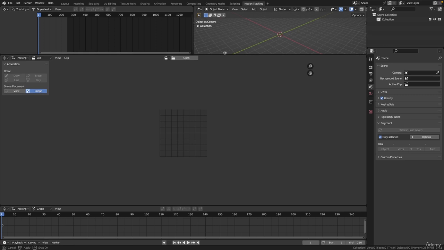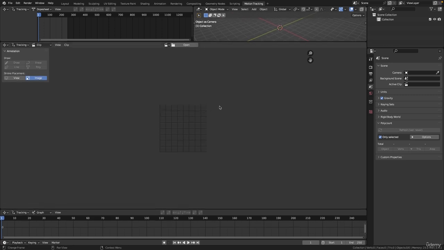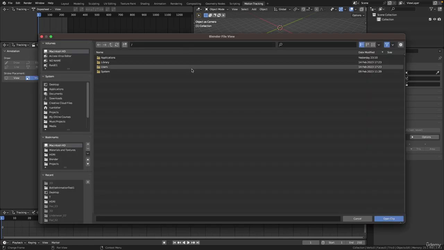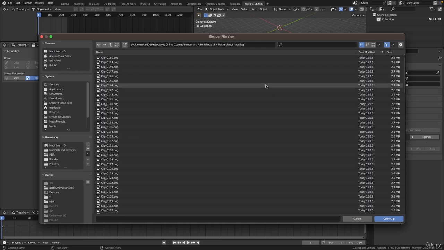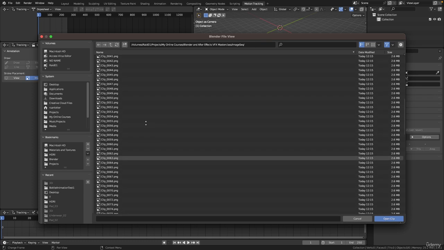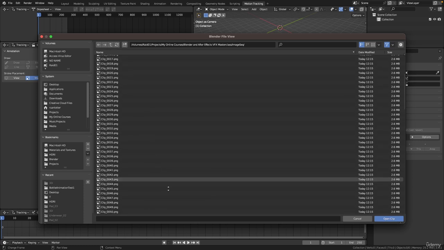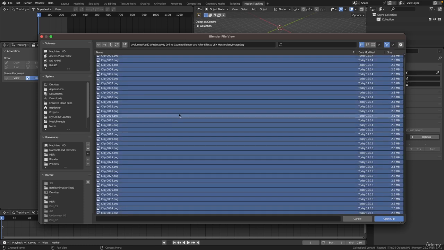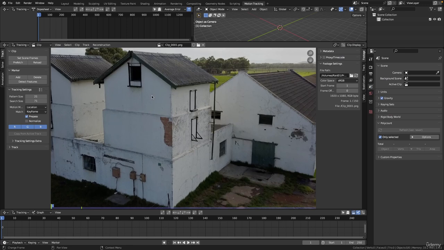So I usually just like to make this middle section a little bigger, so you can kind of just move this up to make this space bigger. And then we're simply going to click on this open button here to open or load our image sequence. So I'm going to go to the folder where I exported the image sequence, and here you can see we've got all the images or all the frames from frame 1 all the way down to frame 150. So I'm going to select all of them by simply pressing A on the keyboard, and you can see now all the frames are highlighted. And then we're simply going to click on Open Clip, and that's going to load that whole image sequence into